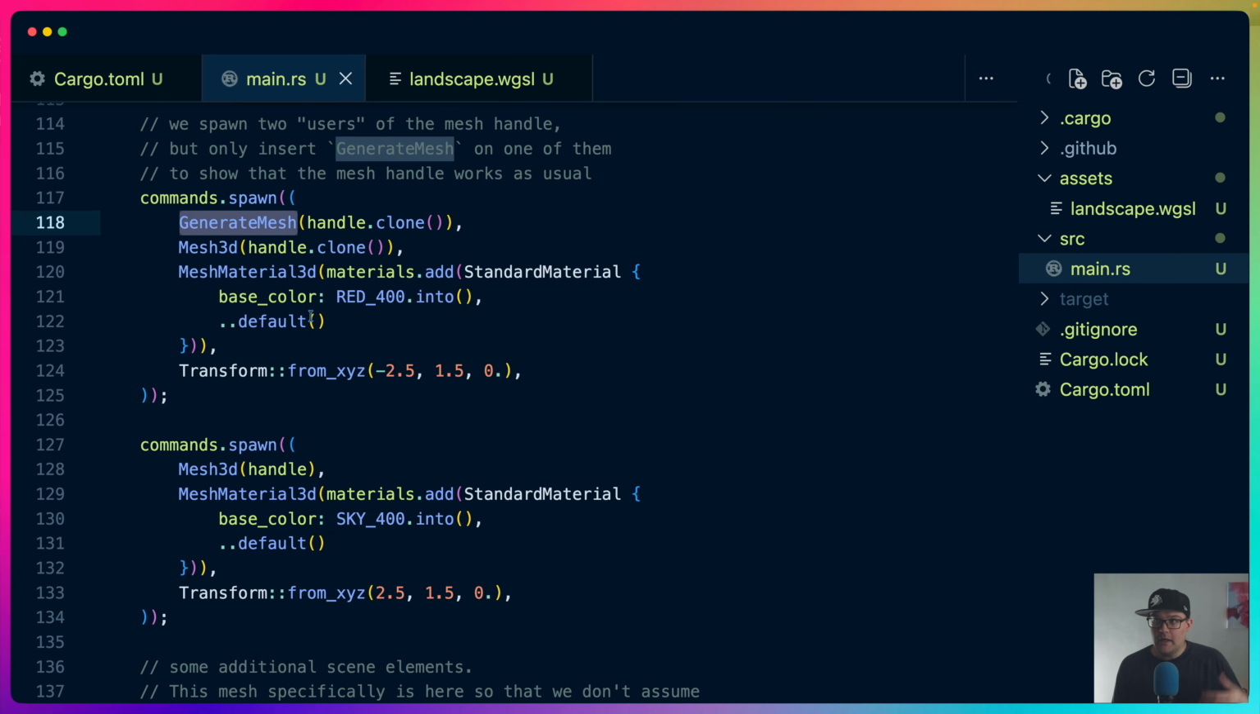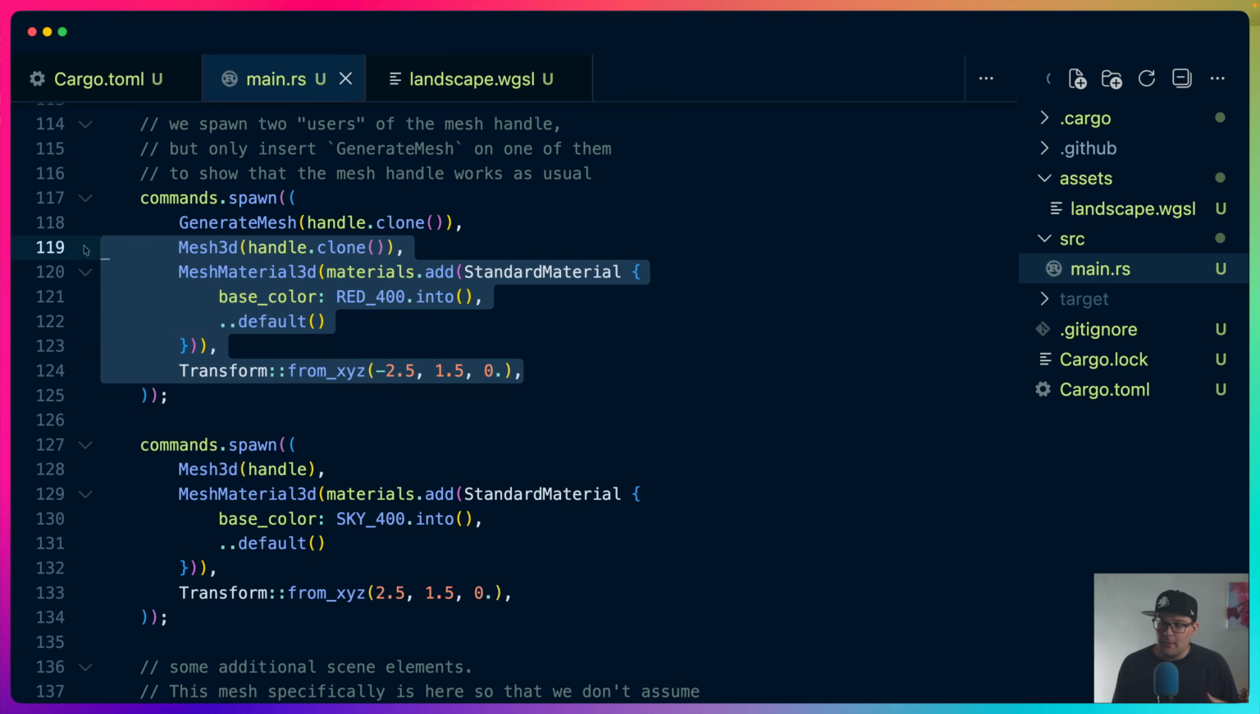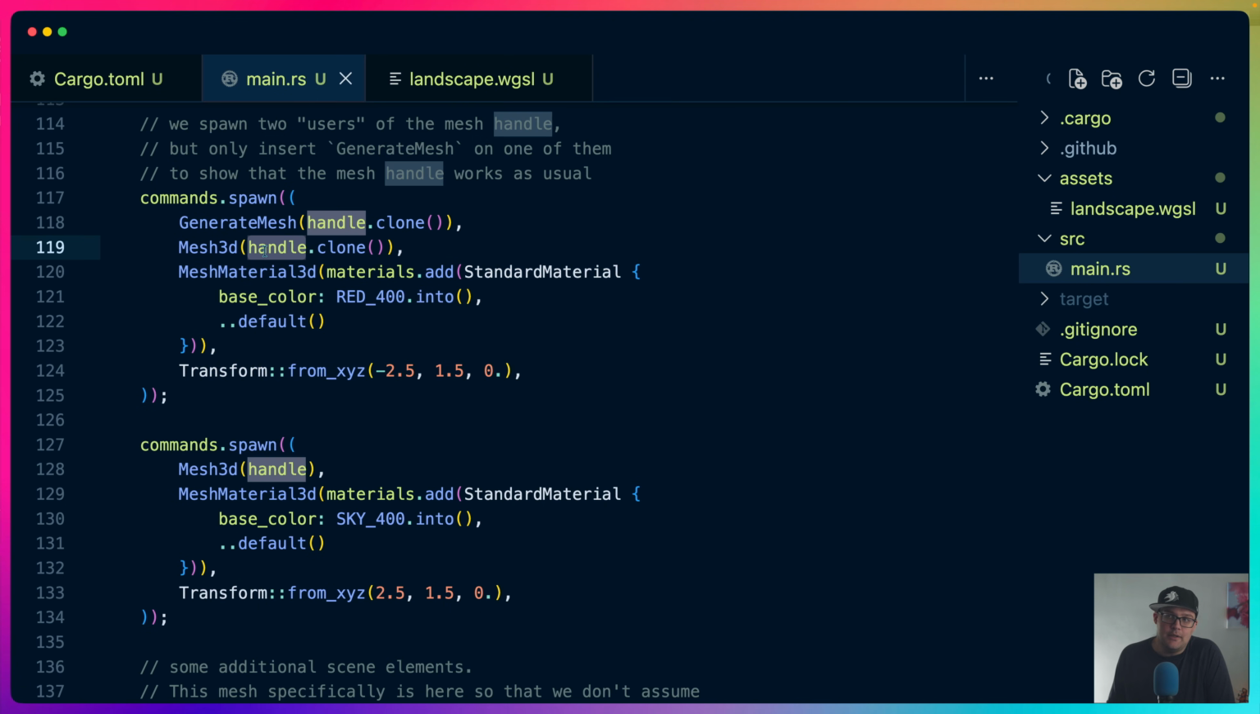So we've got our component here, generate mesh, which takes that handle that we just created. We've got mesh 3D, mesh material 3D, transform. If you're watching this video, you probably have seen these before. This is the standard PBR material. The indication that we are using a mesh that should render with a 3D camera, as opposed to 2D meshes, right? They could render with a 2D camera, which would be a mesh 2D. And this is placed somewhere in the world. And this is how we're going to end up doing our chunking